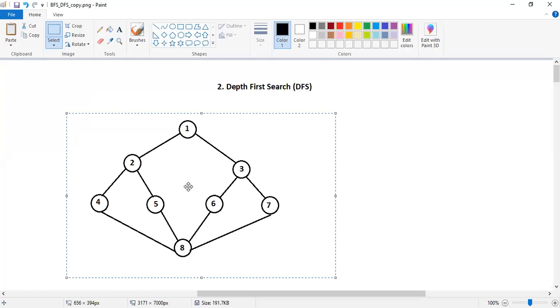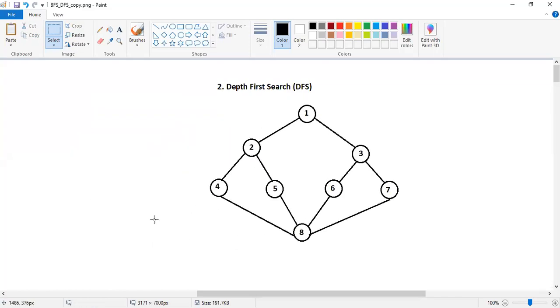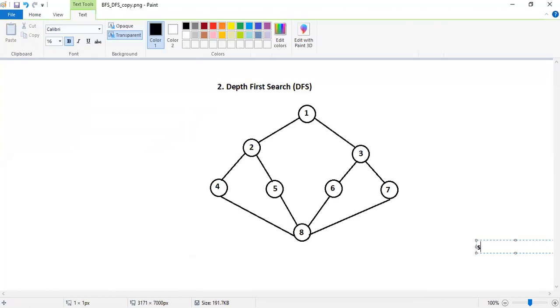So in the depth first search, as the name specifies, we need to go in the depth order, that is either from top to bottom or bottom to top. But we will have an approach starting from the top, and we will try to reach the bottommost vertices. Now, in this case, we make use of another type of data structure called a stack.